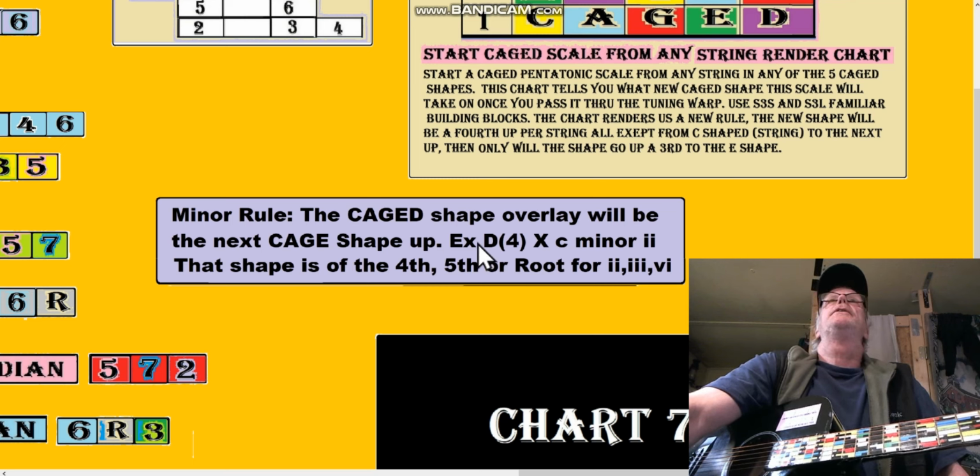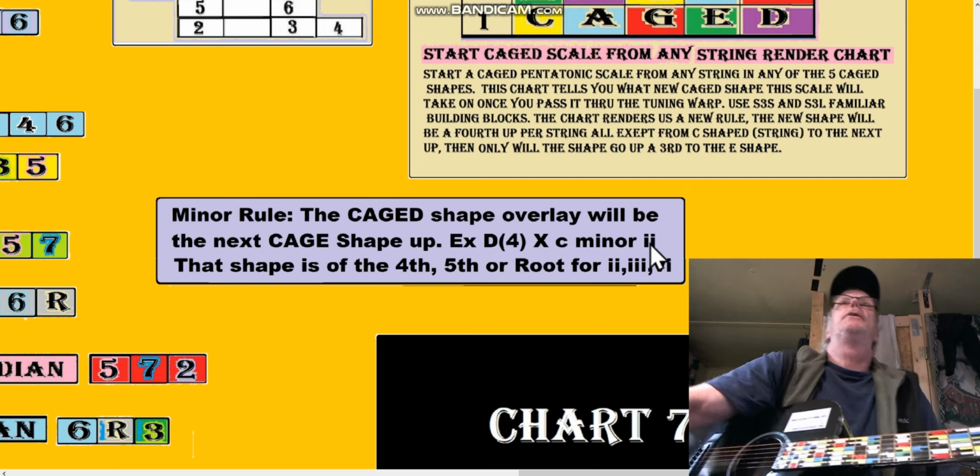So here it says D4 is the one to use over a C minor 3rd. Okay, so